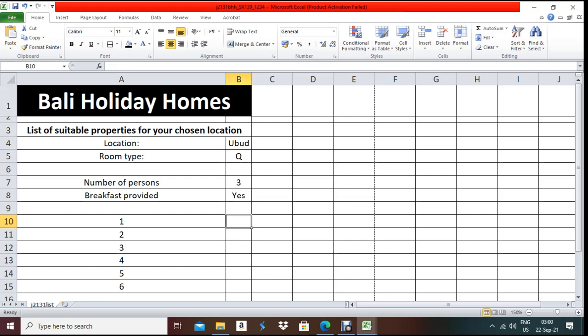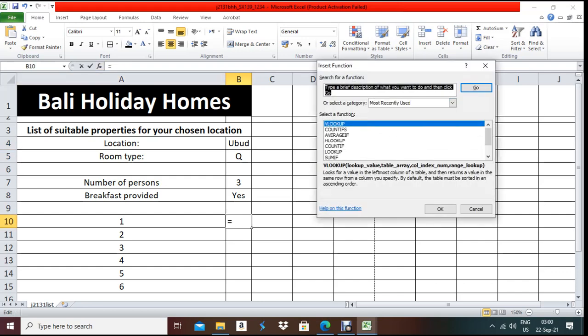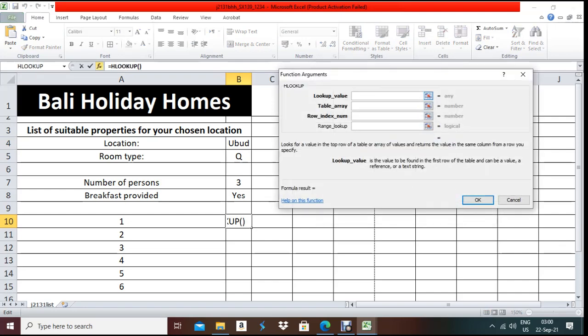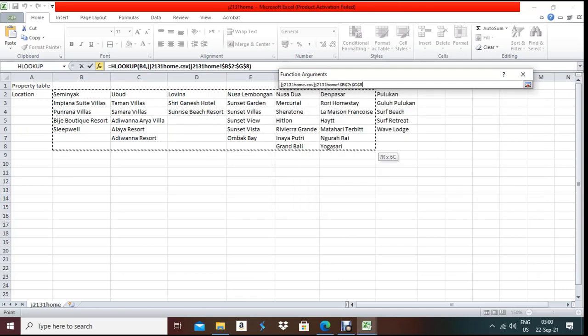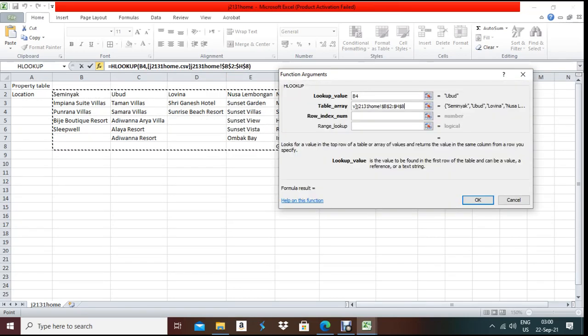So keep your cursor pointer here. Now fx HLOOKUP, lookup value will be this one, location. I'll tell you one thing later, whether it will be absolute cell reference or not. Table array will be the home table, and except the location name you have to select all the data.